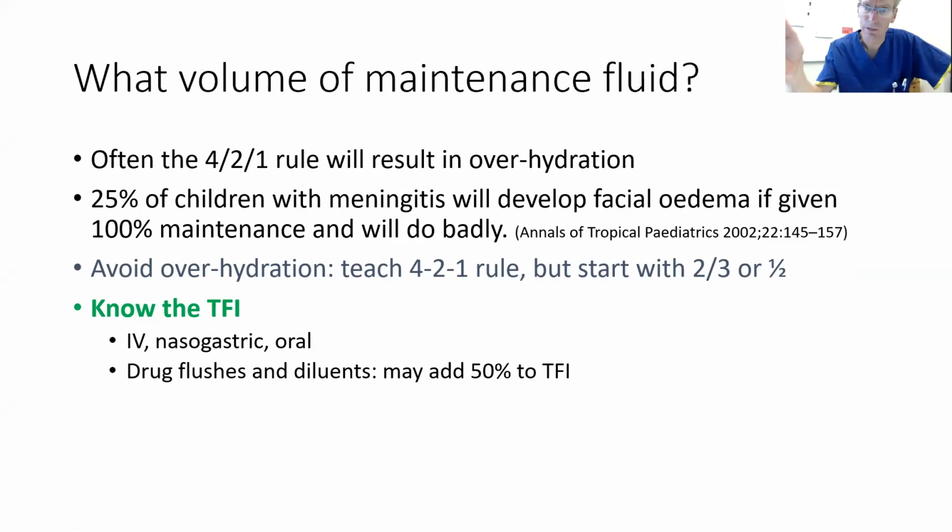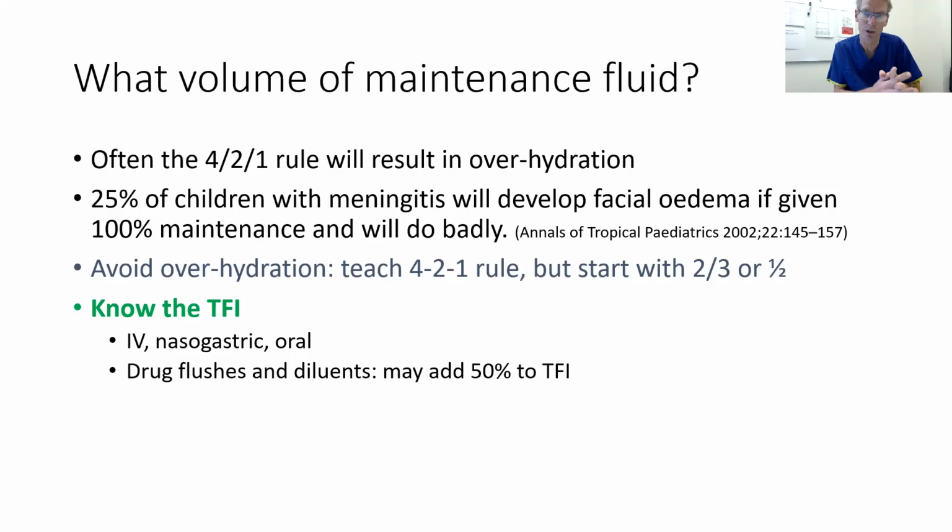Yeah, as I was saying about what volume of maintenance fluid that a child should get. Well, like I said, we start with the 4-2-1 rule. That'll often result in overhydration. In fact, we know from studies that if you give 100% of a child's maintenance fluid, at least a quarter of children with meningitis will get facial edema, and they have a worse outcome, probably because they also had cerebral edema. So you really should start with half or 2/3 of the maintenance fluid rate that you calculate